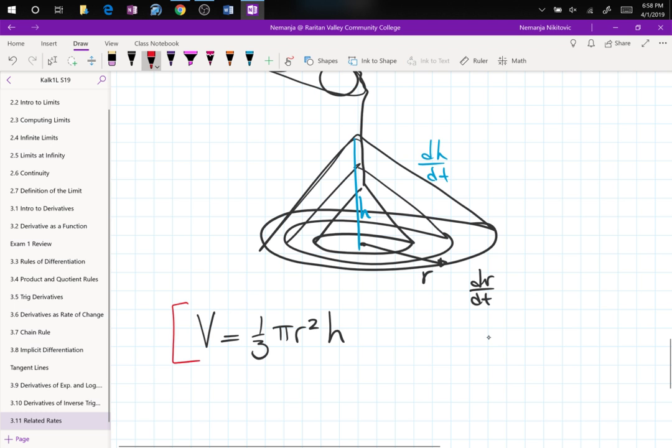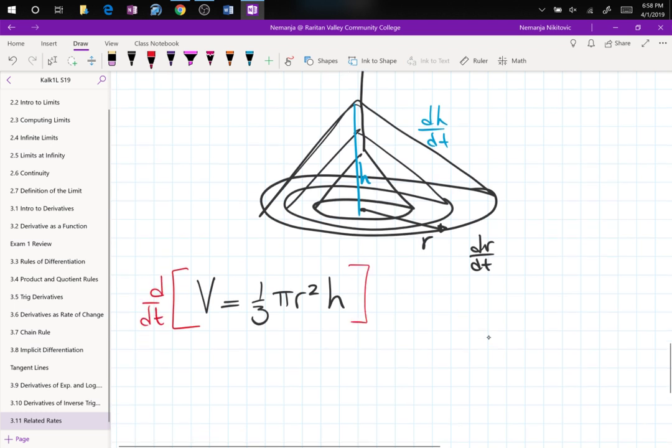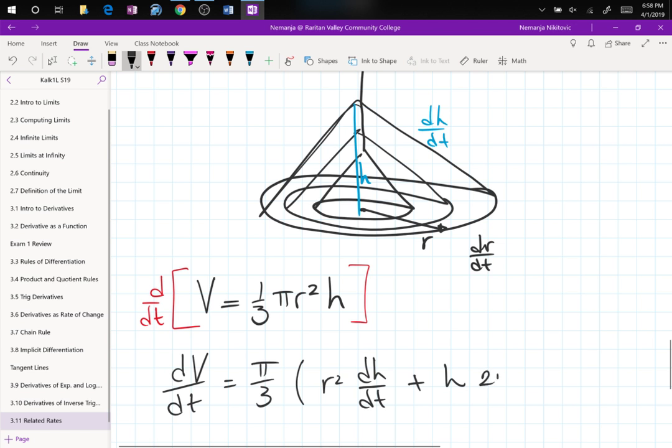And if you are to differentiate this, you will get dV/dt is equal to pi over 3 times, and now you copy the first, derivative of the second, plus copy the second, derivative of the first. So